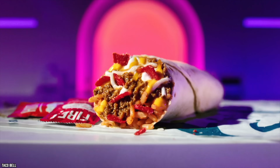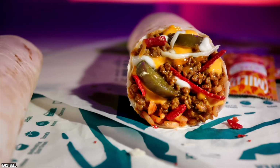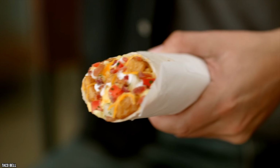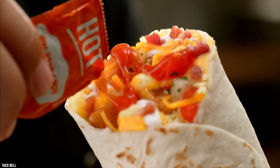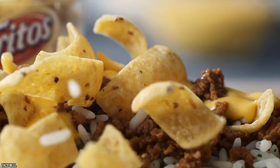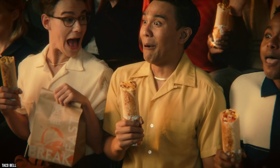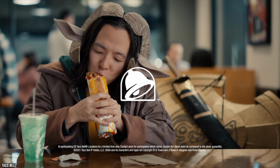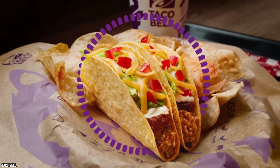Burritos are one of the most popular Mexican food dishes in the United States. They're essentially a flour tortilla filled with beans, ground beef, cheese, and other toppings. In recent years, though, chains like Taco Bell have expanded to include a wider variety of fillings, such as steak and chicken. Taco Bell even debuted a steak burrito earlier this year, proving that the Mexican food favorite has officially